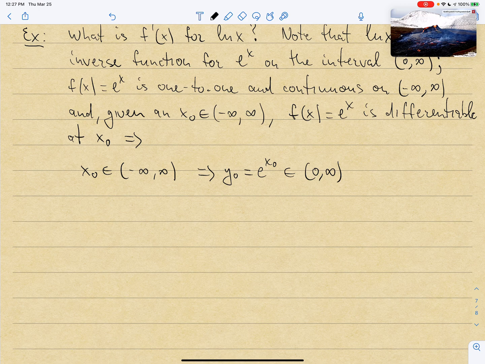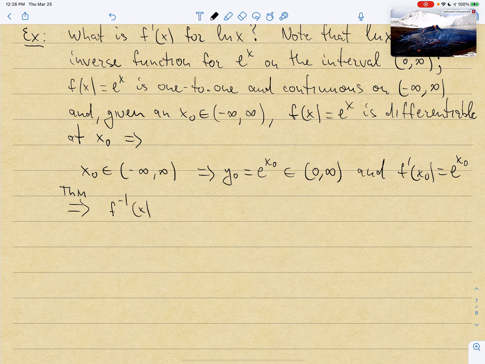And by our theorem, well, actually one more thing. f prime of x0 is equal to e to the x0, right? Because the derivative of the exponential is also an exponential. So from a theorem that we just proved, we know that f inverse, in this case natural log of x, is differentiable at y0, and